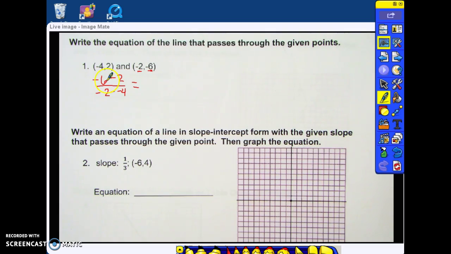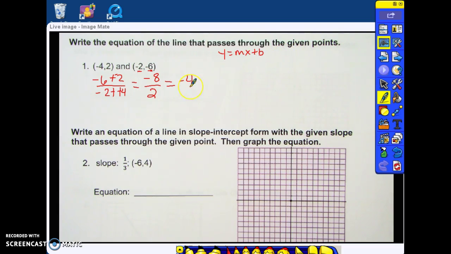I have -6 plus -2 because of additive inverse. That gives me -8. -2 minus -4 becomes -2 plus 4, which is +2. -8 divided by 2 is -4. That is my slope. In order to find my b, because remember our equation is y equals mx plus b,